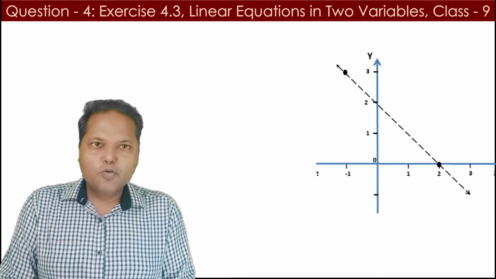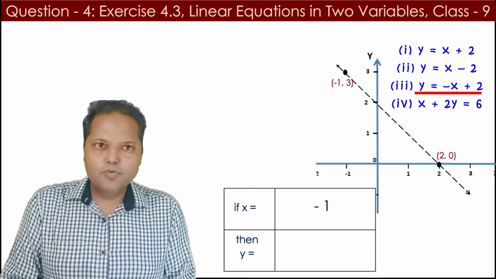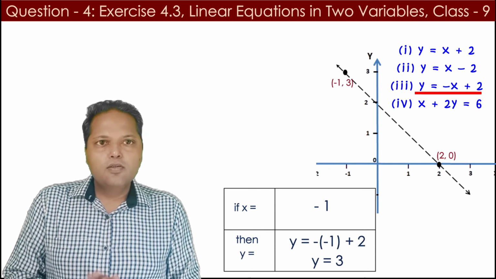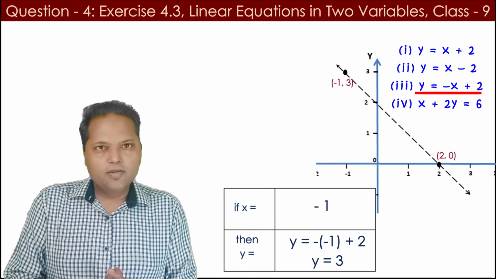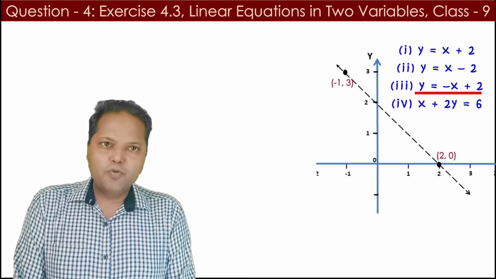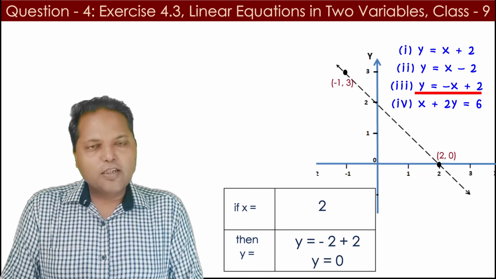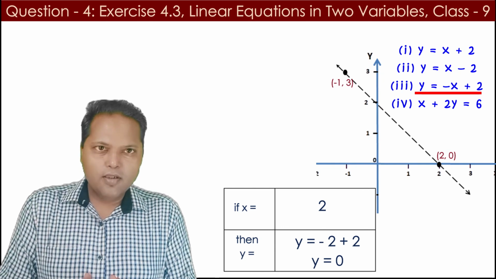So now we will move on to the third equation, and that is y is equal to minus x plus 2. And let's check this out. So now this is getting satisfied by the first coordinates. Now let us test out the coordinates of the next point. And we see that even those are getting satisfied. That means the correct answer is the third equation.